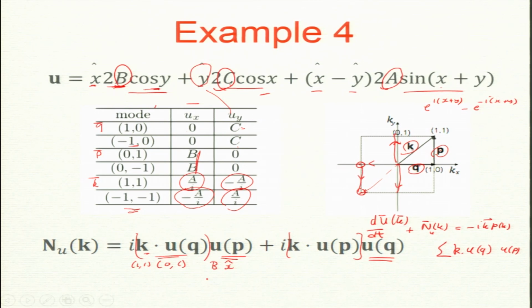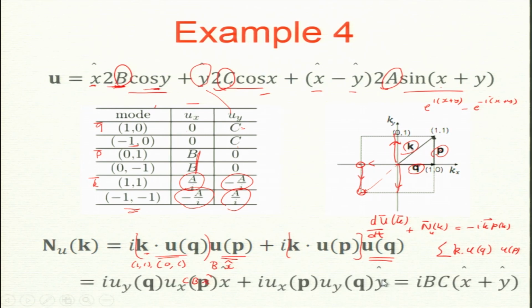So, this is a vector which has amplitude c b x hat. Are you happy with this? c b x hat is what we will get. You will get something similar for the next term. If I do all that, the first one I computed is b c x hat, and the second one is b c y hat.